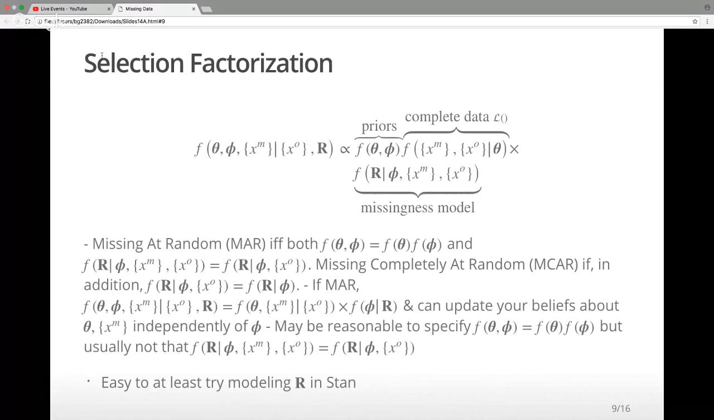All it does is depend on some unknown parameters, phi. Do not confuse missing completely at random, often abbreviated MCAR, with missing conditionally at random, which is not a thing. But if it were a thing, it would be abbreviated MCAR. And if it were a thing, it would mean what missing at random actually means. So missing at random is basically saying xm doesn't matter conditional on xo. But there's no C in missing at